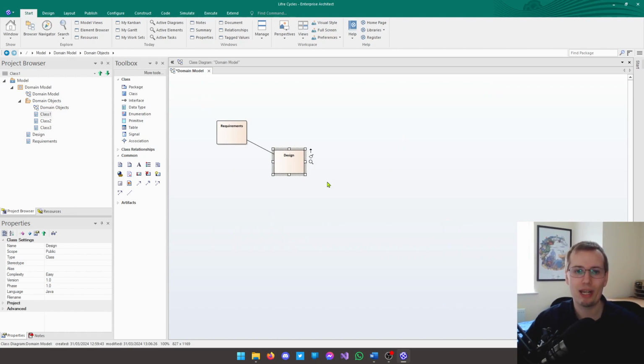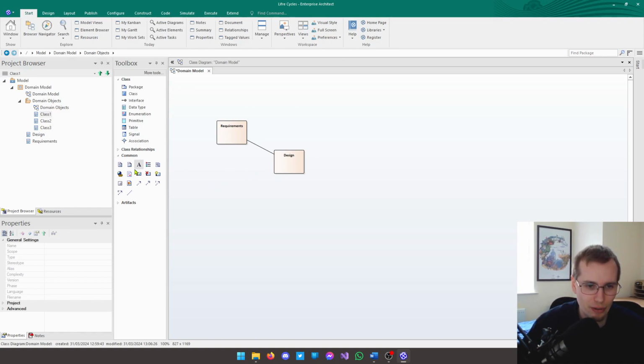So the design stage of a life cycle will be where you take what you have in your requirements and you start to figure out what aspects of your system there are, what they have, and what they need to be able to do. So an example of this, if you had some kind of statement in your requirements,